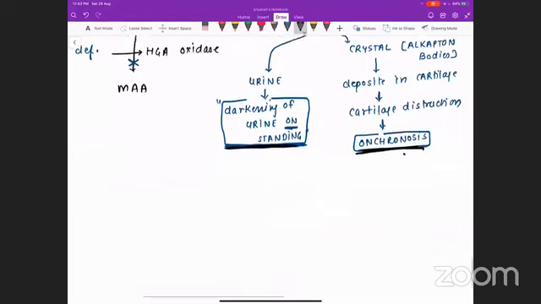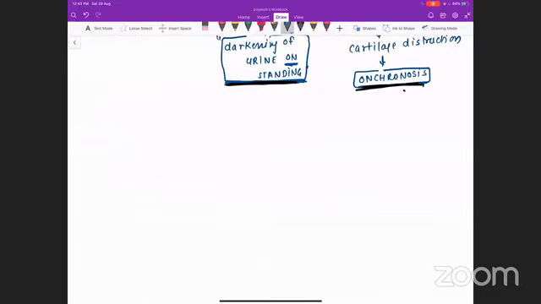To understand this, I'm taking an example from day-to-day life. Let's say in your family or neighborhood there are grandparents in the 7th or 8th decade of their life. Let's say this is the knee joint, and first I'm drawing the normal one. In the normal knee joint, there is meniscus between the femur and the tibia bone, so that they prevent contact between these two bones during motion, and there is no pain.